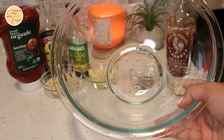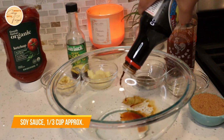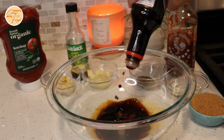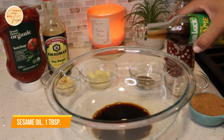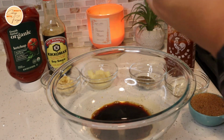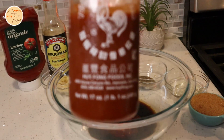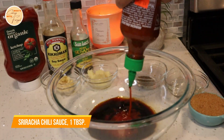For the chicken marinade, I am going to need some soy sauce, and I am mostly eyeballing these ingredients. So I want to say I used about 1/3 of a cup in my large bowl here. Then you want some sesame oil, and if you don't have this, just substitute it with another oil of your choice, and I added about a tablespoon or so. Then I have ketchup, and I'm going to add about 1/4 cup of this, again eyeballing the amounts. Next up is sriracha. I'm going to add about a tablespoon, but you can add to your taste as everybody's